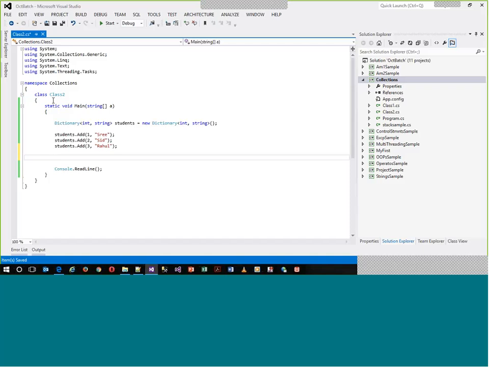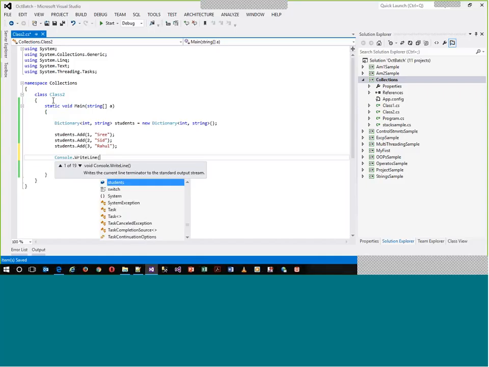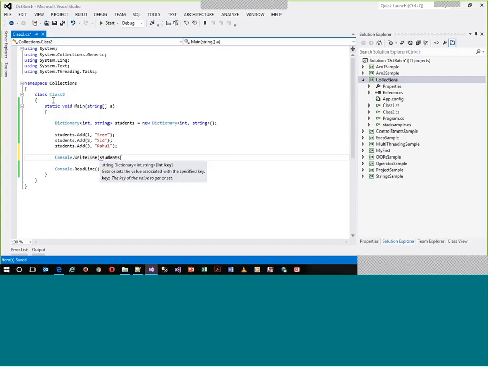Right. So if you want to read data, let's say Console.WriteLine reading, which means students of. Now here we are not going to give any index or anything. We can understand why we use this.